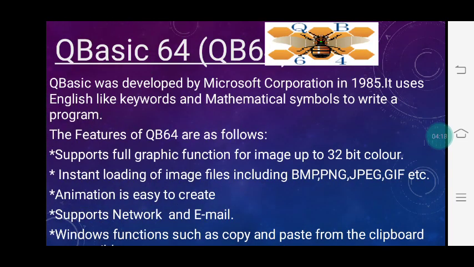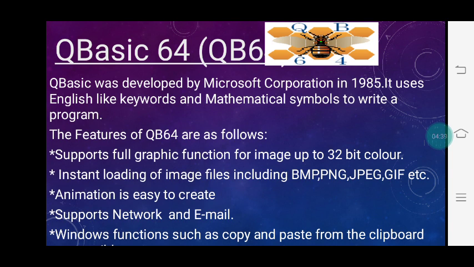Now, QBasic 64, that is QB64. QBasic was developed by Microsoft Corporation in 1985. It uses simple English like keywords and mathematical symbols to write a program.